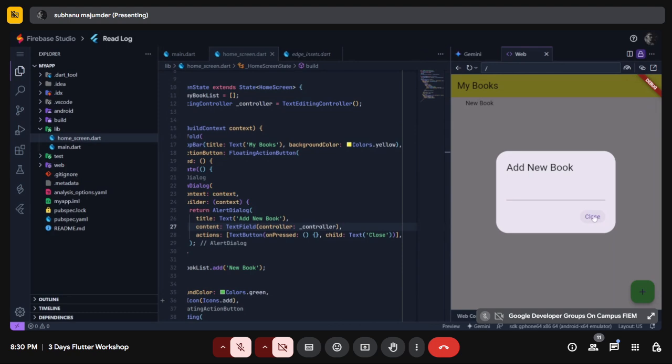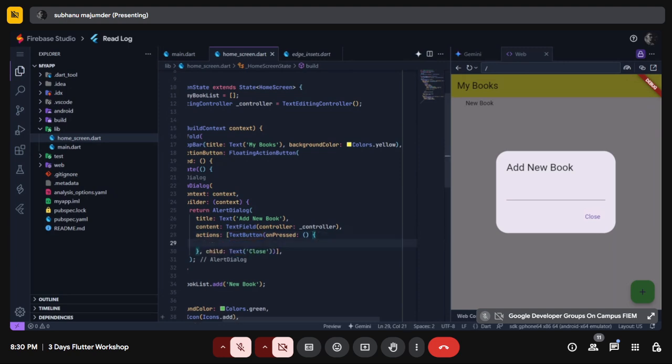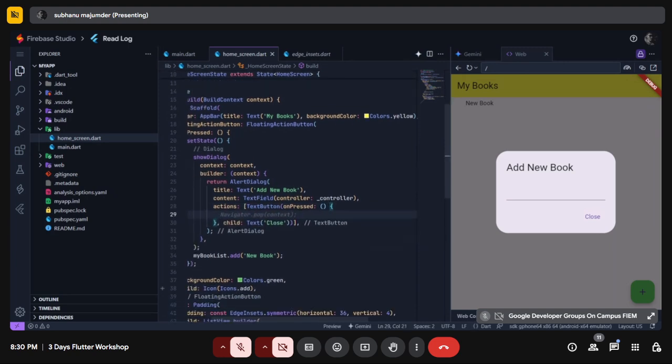So yeah, here. Right now, there's no function associated with it, hence there's no use of clicking it. But we really want to associate some functionality with it, right? So we want to close the dialog whenever we are pressing the word close. So for that, we can use this very simple